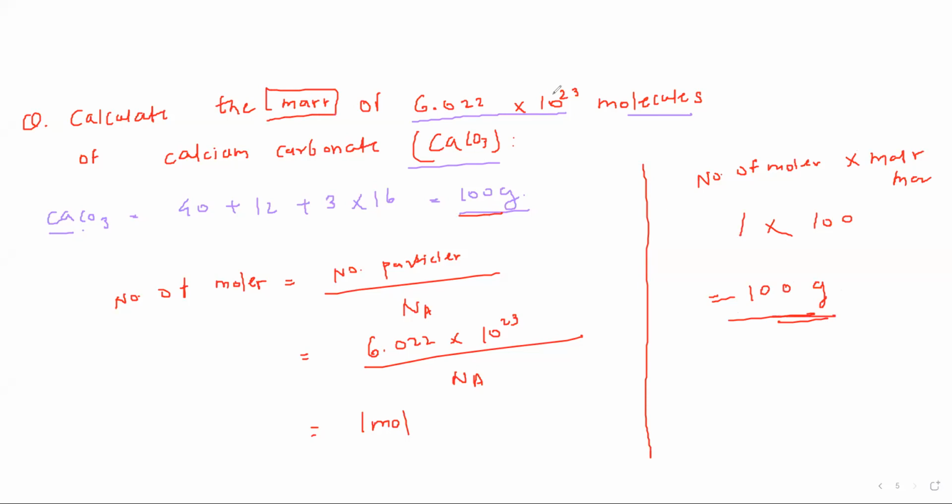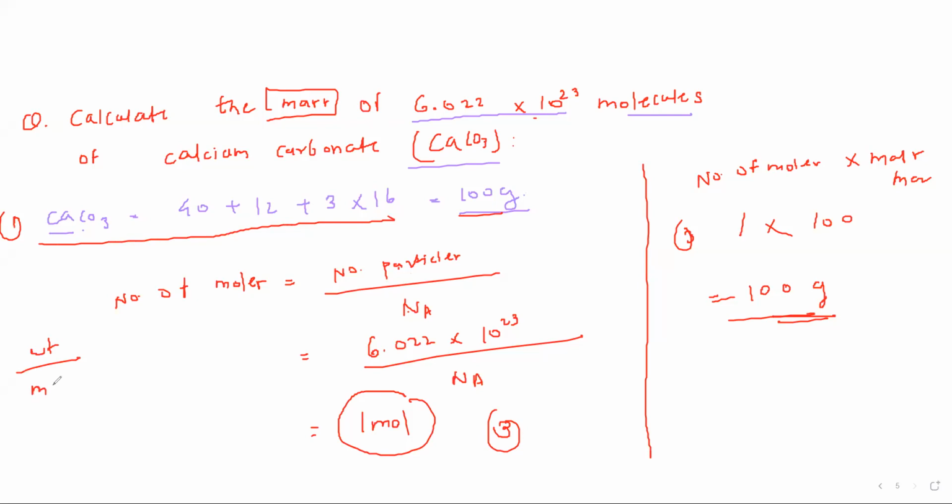Have you understood this? Yes. Okay. See, if the number of moles is 3, for example, then you have to multiply by 3, that is 300. So ultimately, the first step is to calculate the molar mass. Once you find the molar mass, then suppose they have given you the number of particles, the formula is number of particles upon Na. Otherwise, you can use weight upon molar mass. That formula you can use, right?